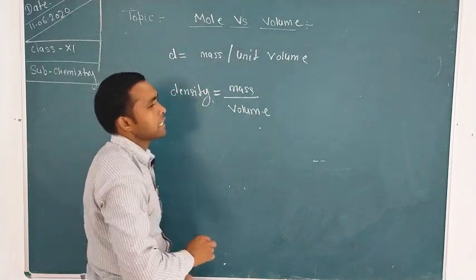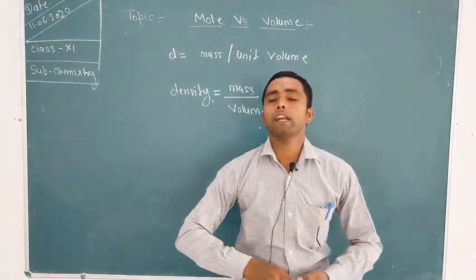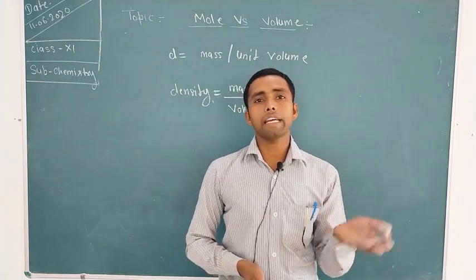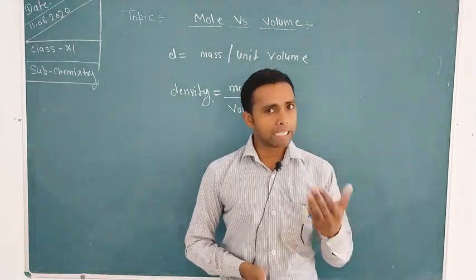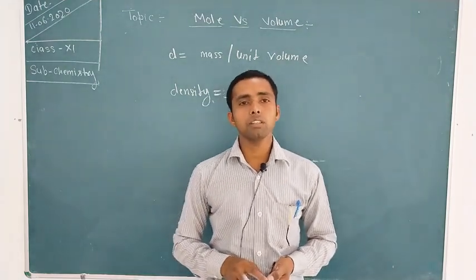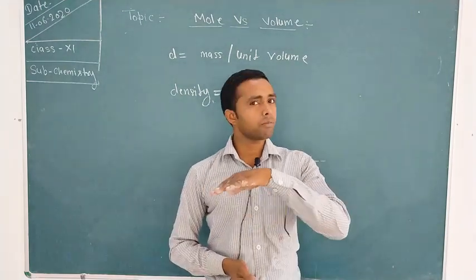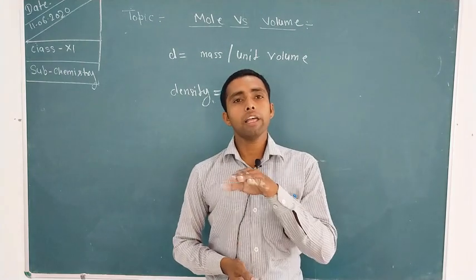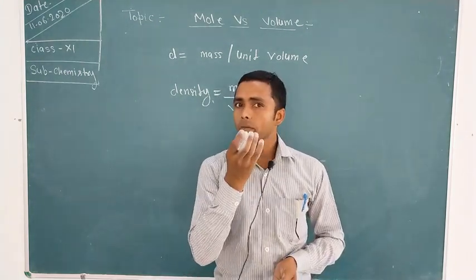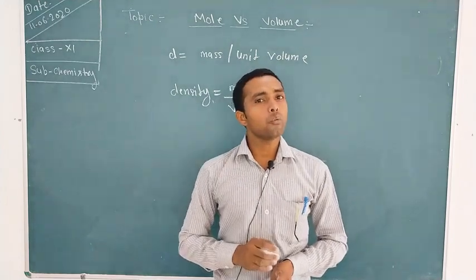By using density, we can easily compare lighter and heavier elements, lighter and heavier liquids, or gases. In case of water and oil, we take a simple example. If we spray oil above the surface of water, then what happens? Oil floats above the surface of the water. Why? Because oil has low density in comparison to water.